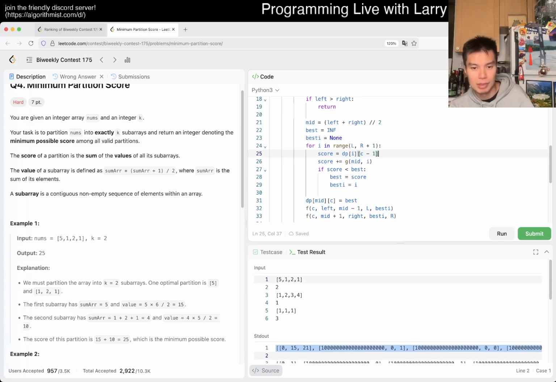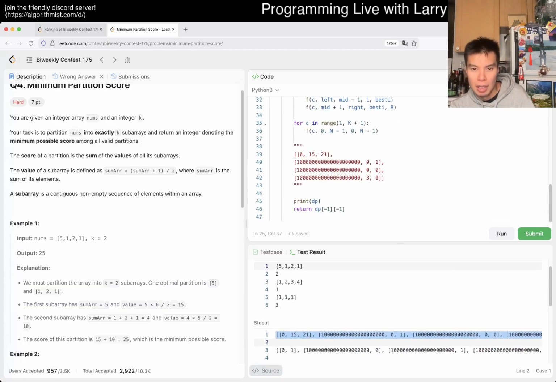Why am I getting 15? Oh, 15 doesn't even make sense because, actually, I guess it's 5. I forgot that I do divide it by 2, so 15 makes sense maybe, but